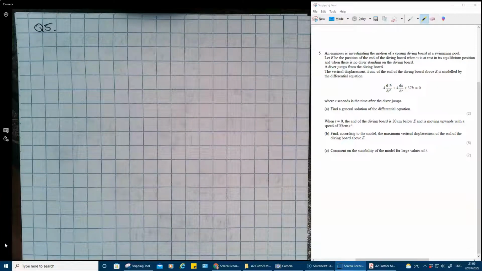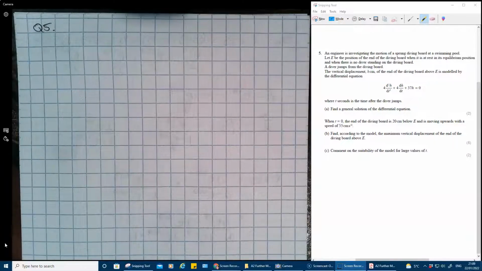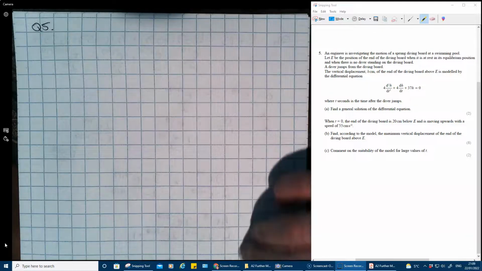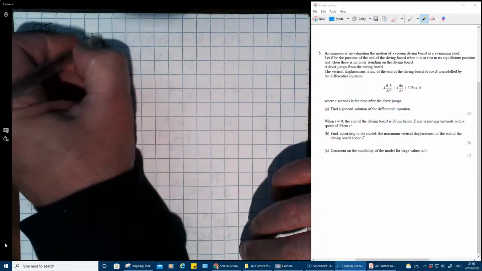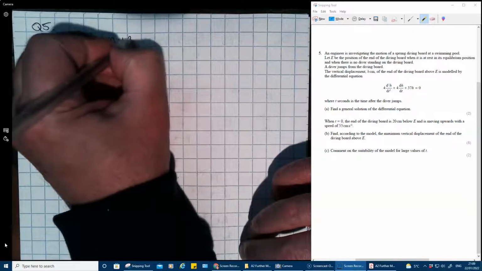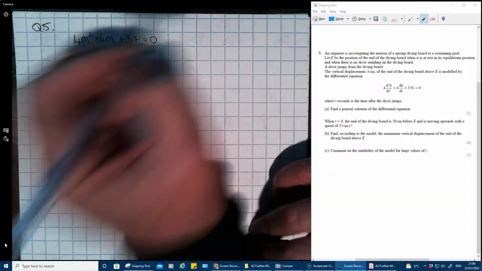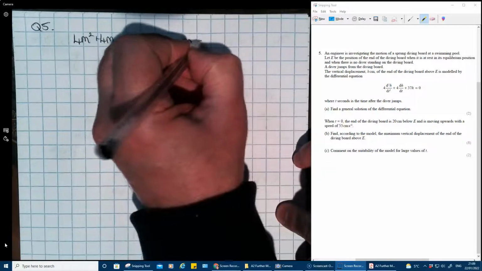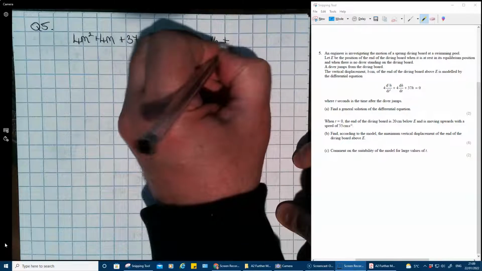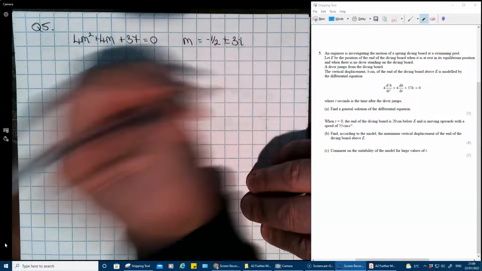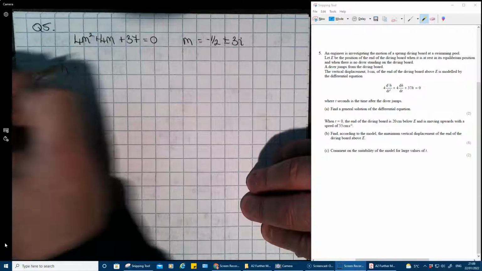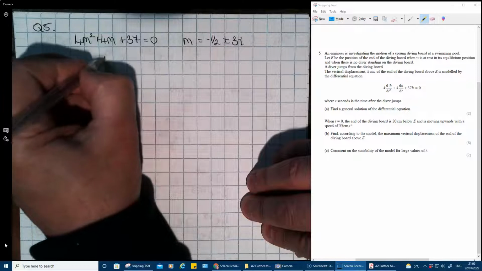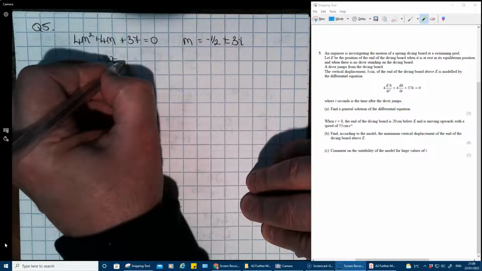Okay, we have a second order differential equation with 0 on the right hand side, which makes our life simpler. So we start off by solving the auxiliary equation. So we've got 4m squared plus 4m plus 37 equals 0. On the calculator that generates m is minus a half plus or minus 3i. So now we know that h, the general solution, is e to the minus a half t times